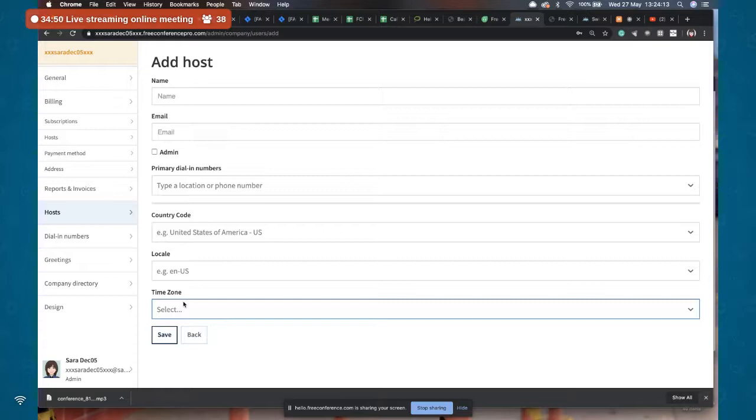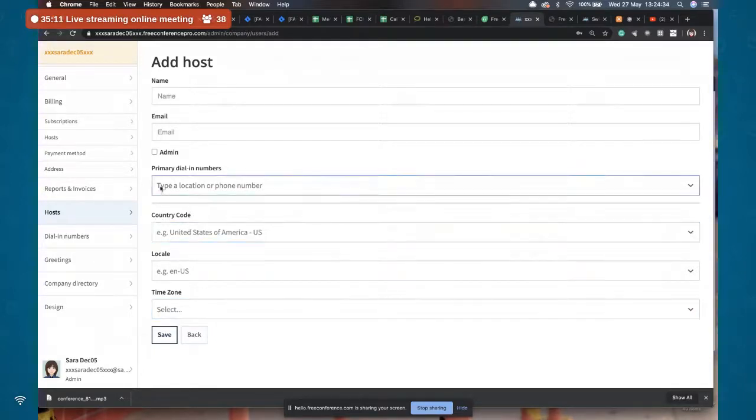So with one account, you can just have one conference held at a time. So this might be good if you have a couple of people that you want to be making calls, and you as the admin can come in here and edit who is a host and delete that information, and choose also if they have access to this billing information. So if you have admin checked, they'd receive invoices as well. So if you wanted someone else to receive those details, you can do that here.